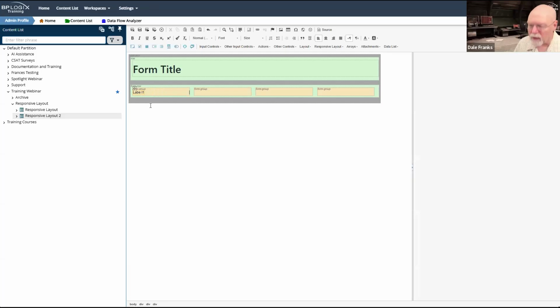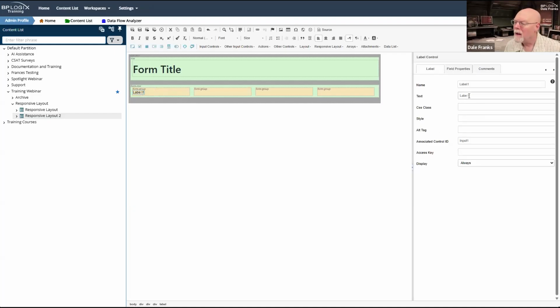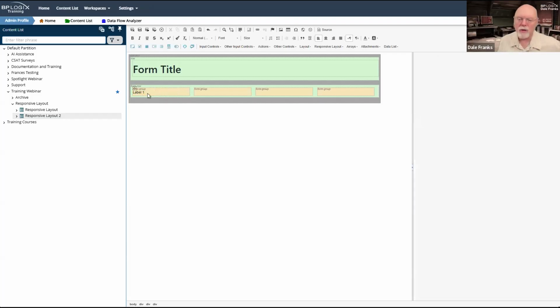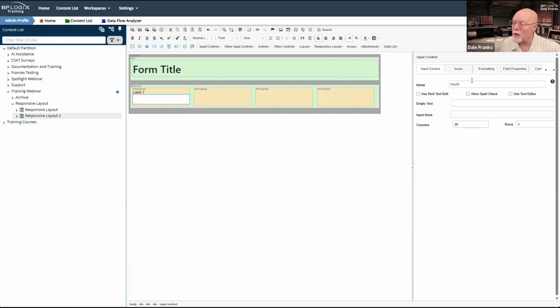So I'm going to move my cursor, and as you can see, when I move my cursor off of label 1, oh, that was my typo again. Label 1, and I'm just going to use the arrow key to move it off the label control, and you can see that now my cursor is blinking way over here, and that's fine. I'm just going to go ahead and drop in my input control, which I am going to call input 1 because that's what I associated label 1 with.